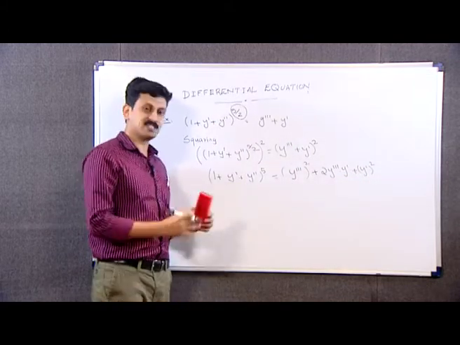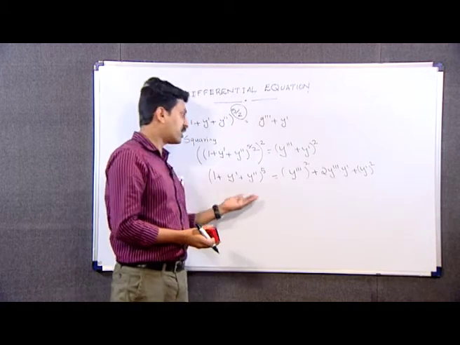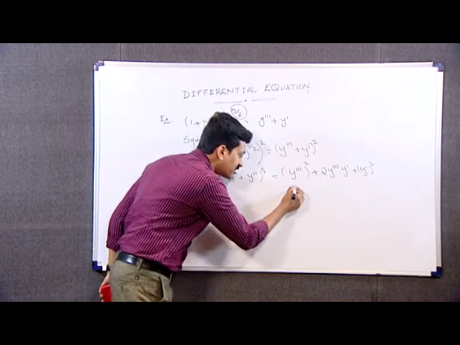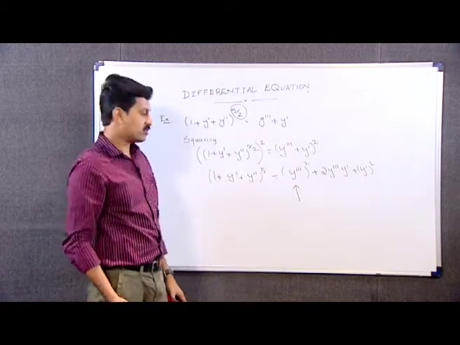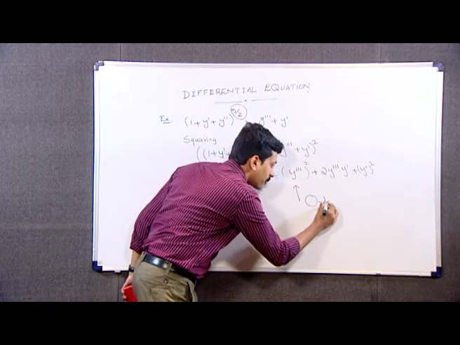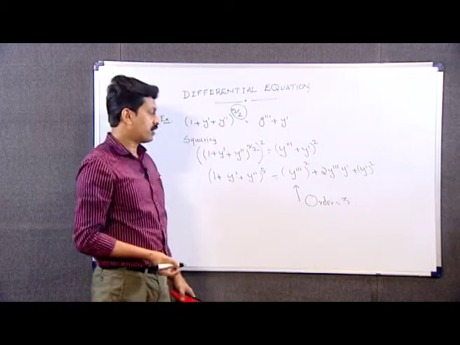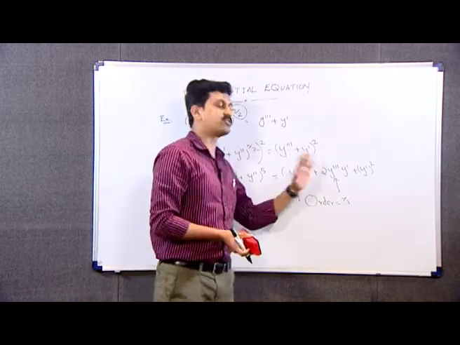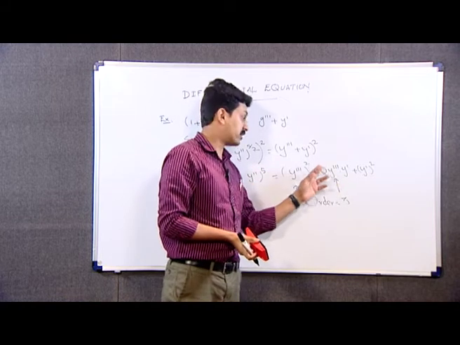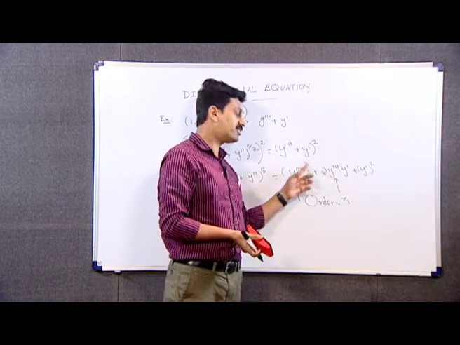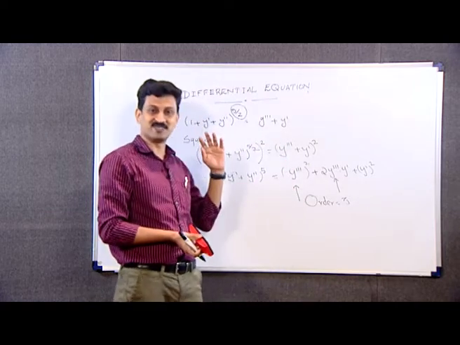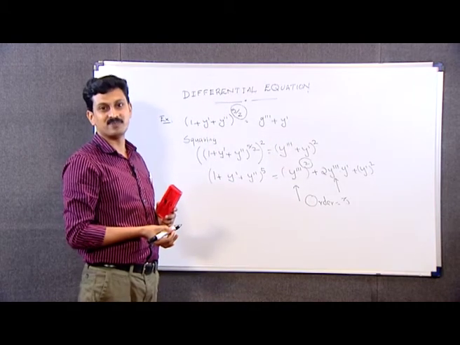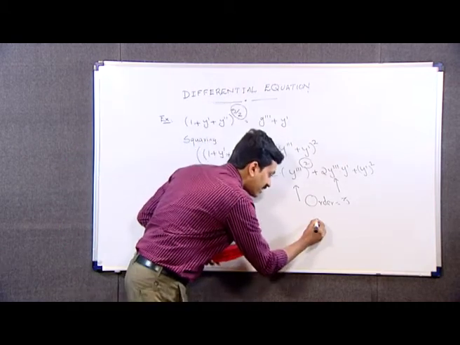The differential equation is somewhat lengthy, but even though we can easily identify the highest order derivative. The highest order derivative is y triple dash. So, we have the order equal to 3, but see the highest order derivative y triple dash exists 2 times. That is why we discussed earlier the highest power of the highest order derivative. The highest power of the highest order derivative y triple dash is equal to 2. That is why we can say that the degree